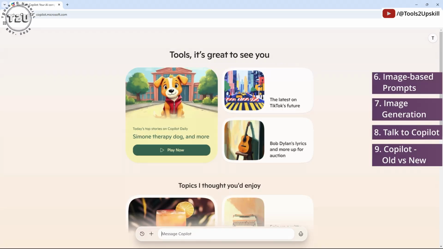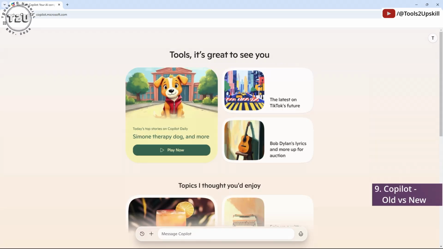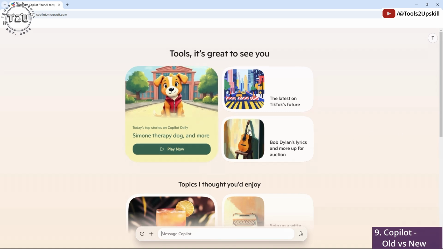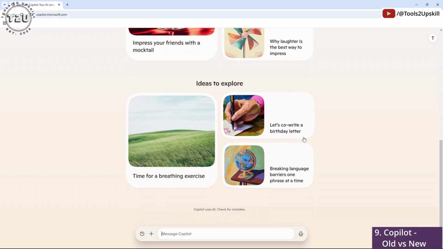Here are my closing comments on the Copilot AI tool. In isolation, this looks like a very good tool. Pretty cool to have Copilot Daily, different conversation templates, a very robust image generator, live conversations here, and a lot of other cool things. But some users may know this, and if you don't know, I'm going to show you